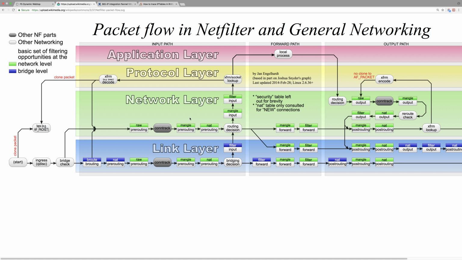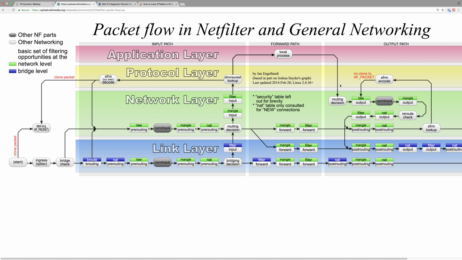So not here. By the way, this is the input path, forward path, output path. Here it says local process. So our telnet can be a local process, and then it will generate some kind of packet, right? Okay, so if we follow this path,